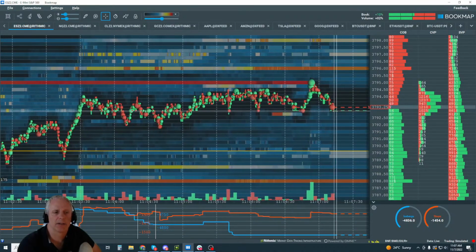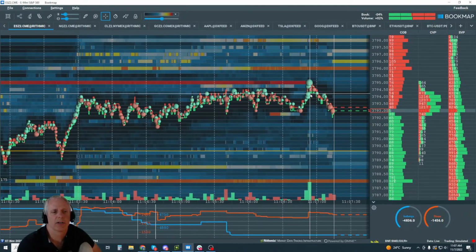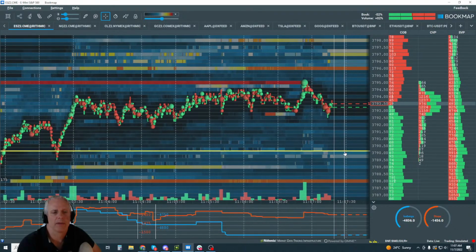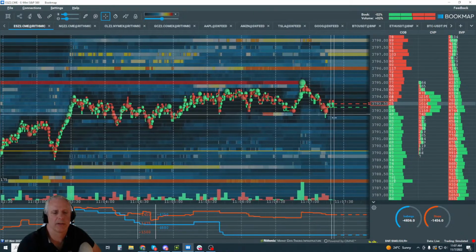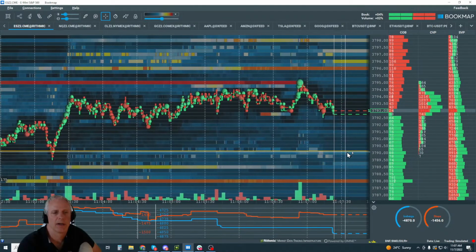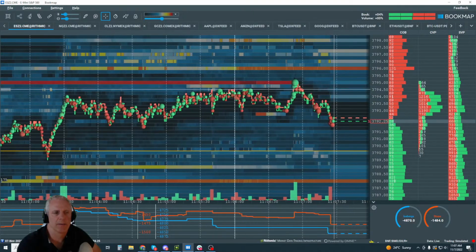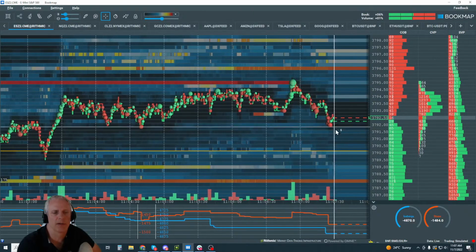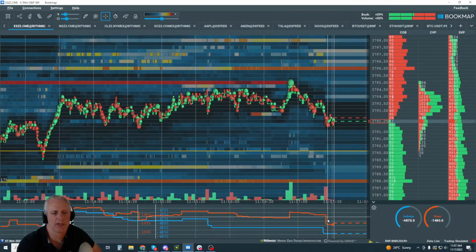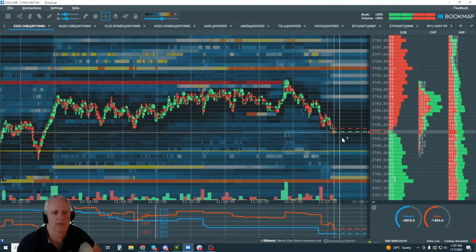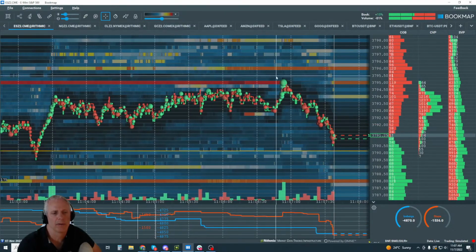Now watch this. These guys are on the hook. Let's see if we get enough sellers now, and it'll be easier for sellers to come down here. And why? Because these guys are compelled to sell. They all bought up here. They're compelled to sell down here, and we should get a stop run. And we just did. We already got a stop run here. We're looking for it to come down further though, right?